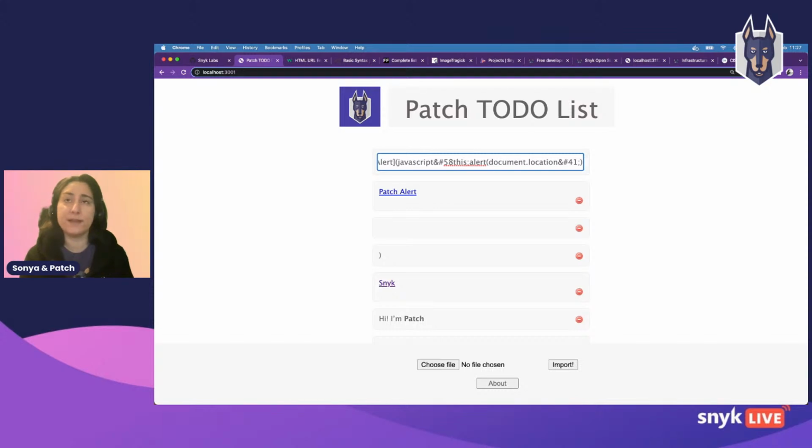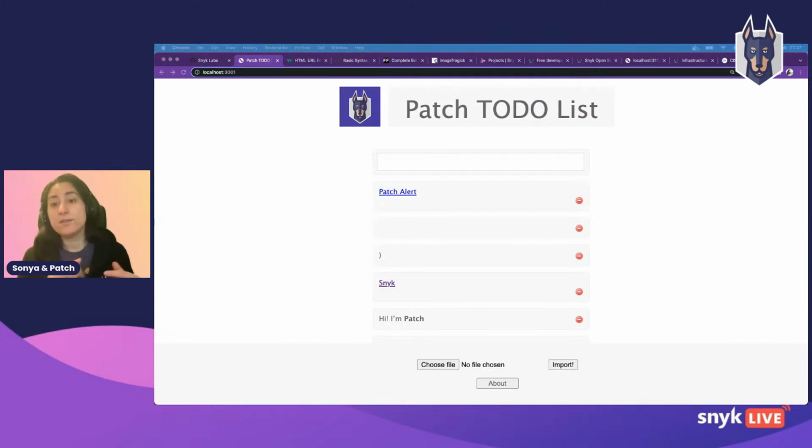And for an attacker, that's the first step when testing an application, to see if there's any entry point to craft a better payload. So this is a perfect example of a stored XSS, because if I refresh the page, all the malicious payloads are here. So like this one. And the payload is also saved in the database.